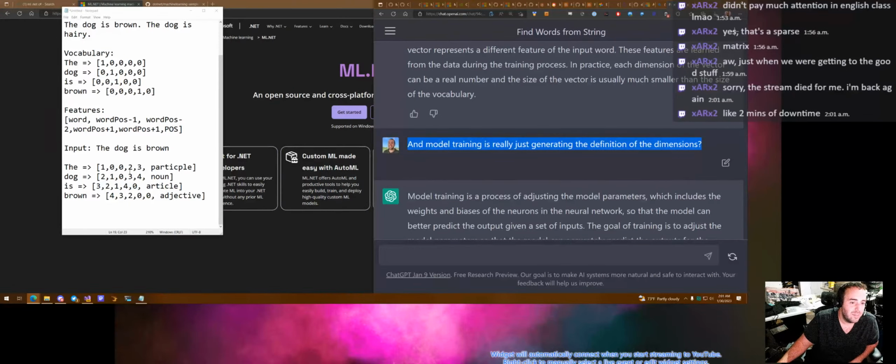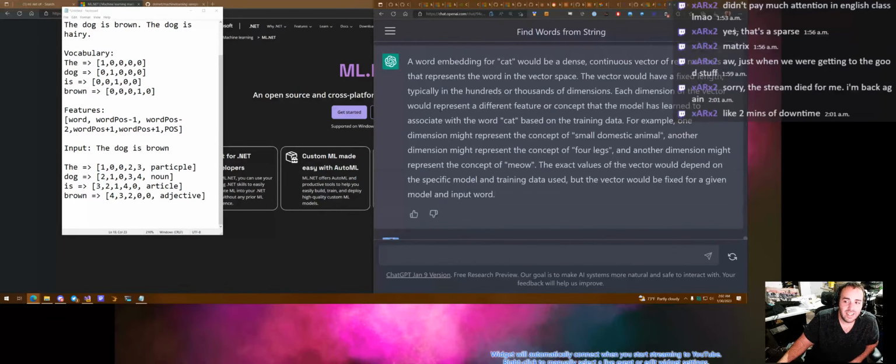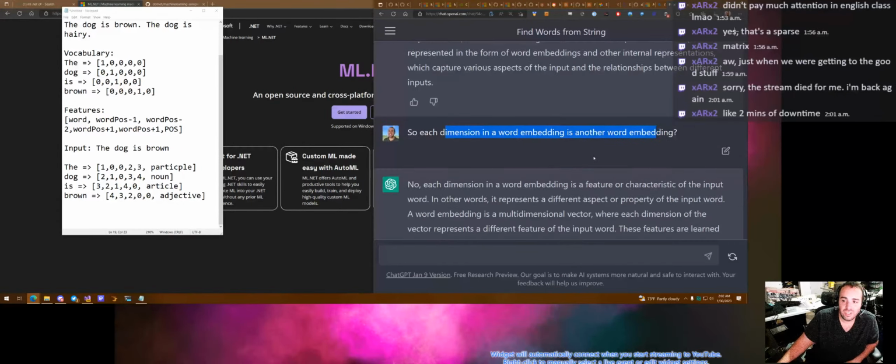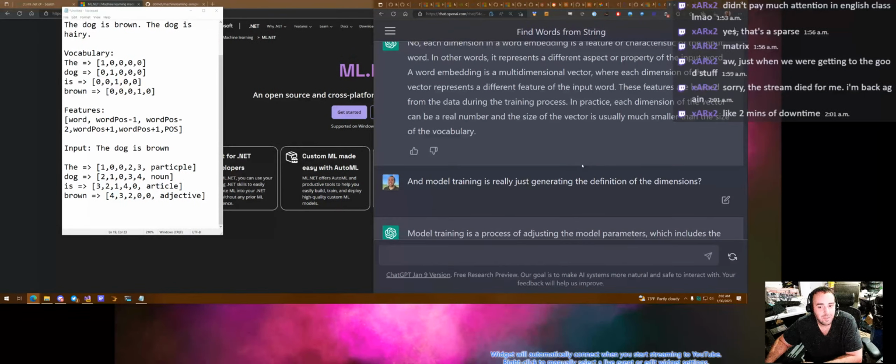So basically, what I was saying was that a word embedding dimension is basically a feature, a characteristic. For cat, one might be a small domestic animal, four legs, the concept of meow, those types of things. So then I go back and I'm like, okay, so is it just another word embedding? Trying to figure out what it is really trying to say here. So multi-dimensional vector, it keeps repeating this, like it's going to keep making sense to me if it keeps repeating itself, right? Now here's where